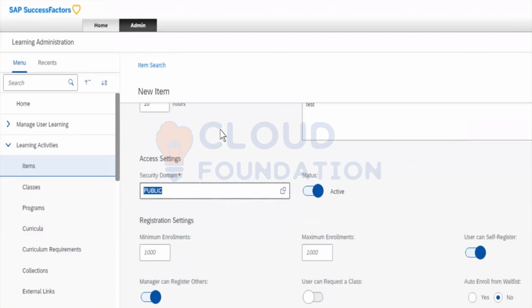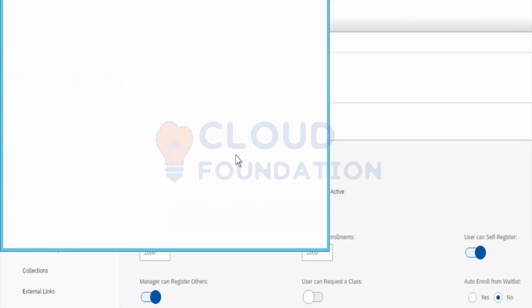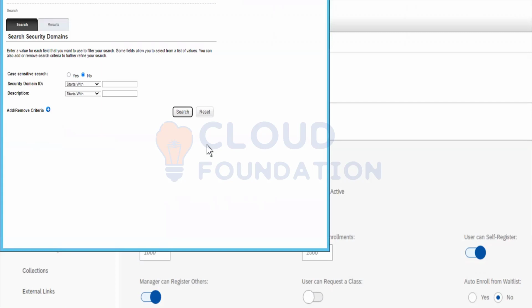And security domain. If you say public, or else you can go and choose from, this is only public right now. Status active. You search for one of the security domains. So when we talk about domain, you remember domains, we did talk a little about it. The domains are like securities. So I said who all can search for it. I said click on it and